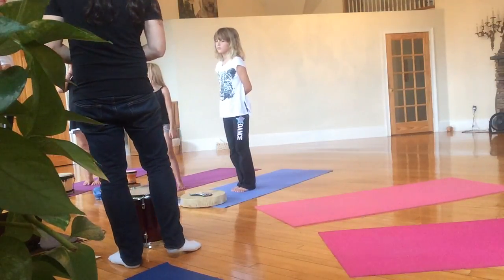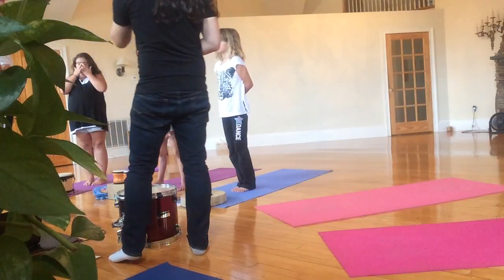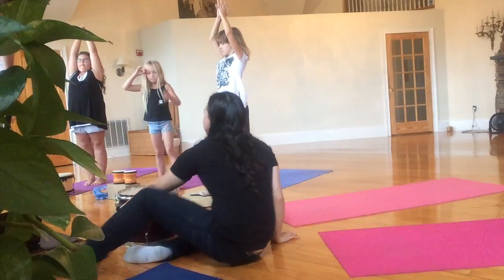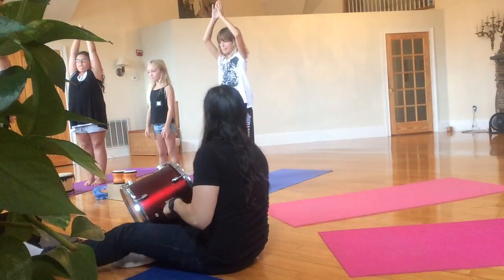Excuse me, do you want to close your eyes? You close your eyes and just listen to the hands drumming while we're holding the pose. So our feet are hip distance apart, and our toes are facing in front of